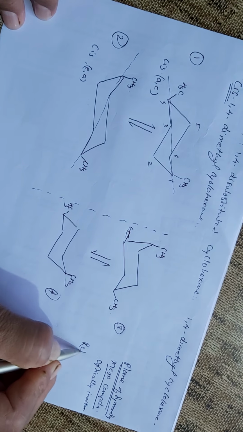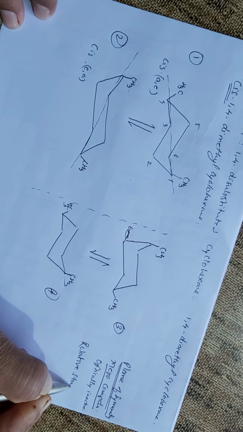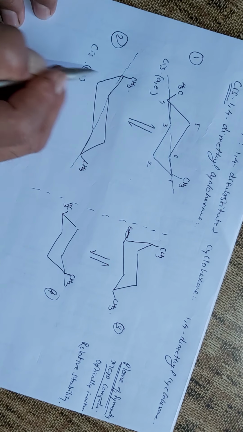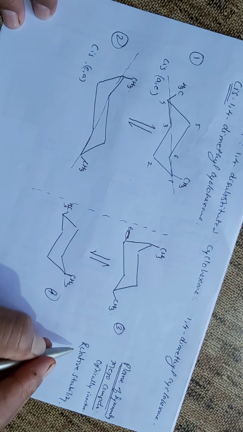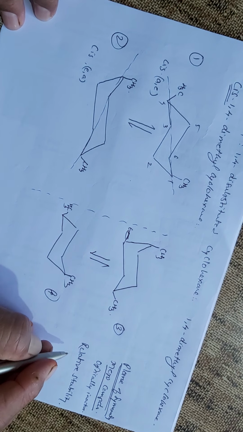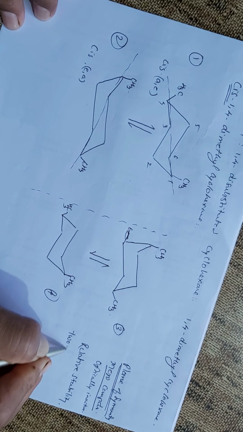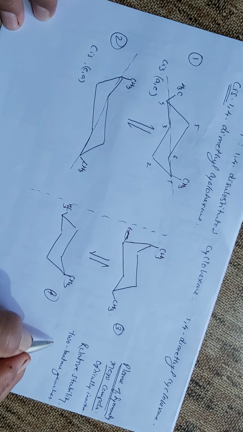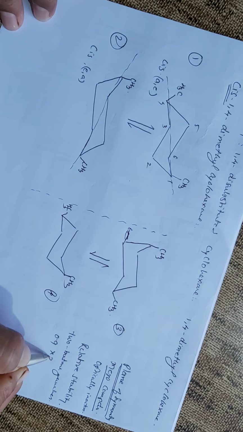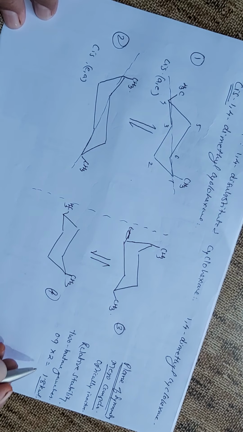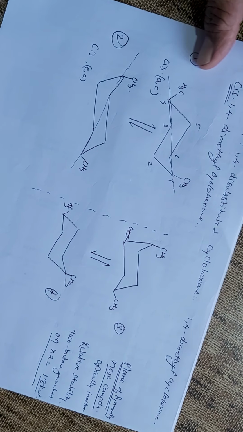Now what is the relative stability? The relative stability is the same, as only one substituent is present in the axial position in any conformation, that is axial equatorial or equatorial axial. When one methyl group is present at the axial position, it shows 2 butane gauche interactions. And when it shows 2 butane gauche interactions, it contributes 0.9 into 2, that is 1.8 kilocalories of energy. And so in this way, we conclude with cis 1,4 dimethyl cyclohexane.